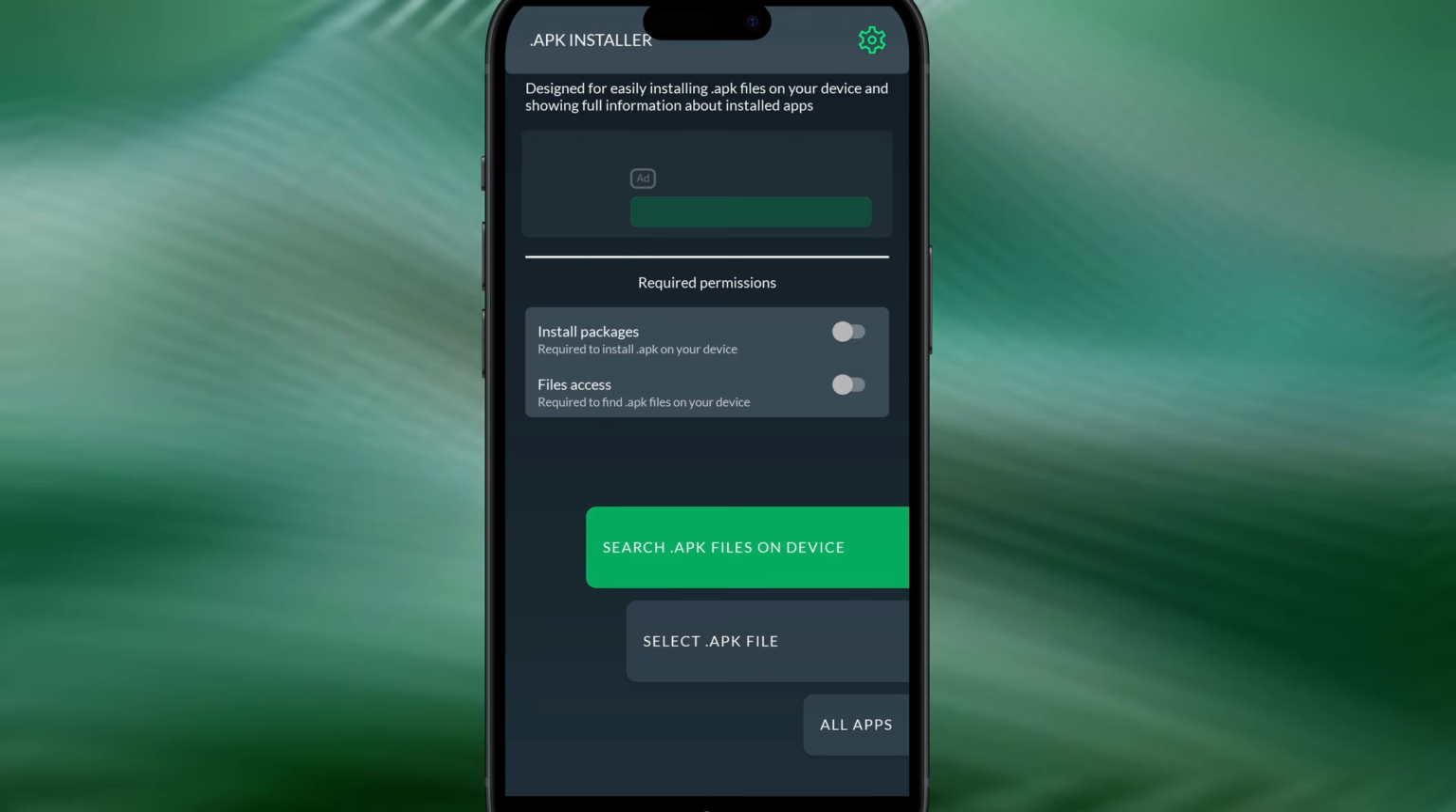Hey guys, in today's video I'm going to show you a simple way to open and use APK files on your iOS device. Even though APKs are made for Android, I'll explain a method that lets you access them safely on your iPhone or iPad. I've tested this myself and it worked without any issues, so just follow the step-by-step guide and you'll have everything